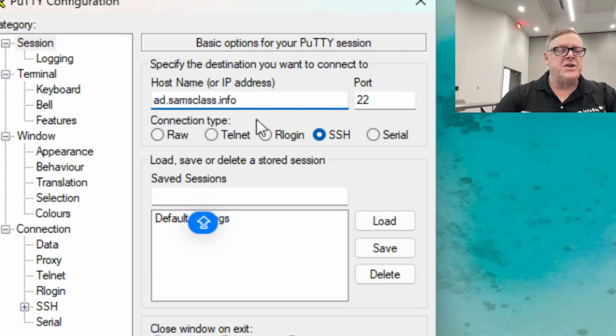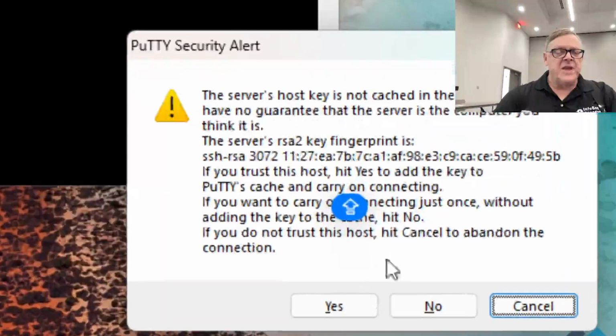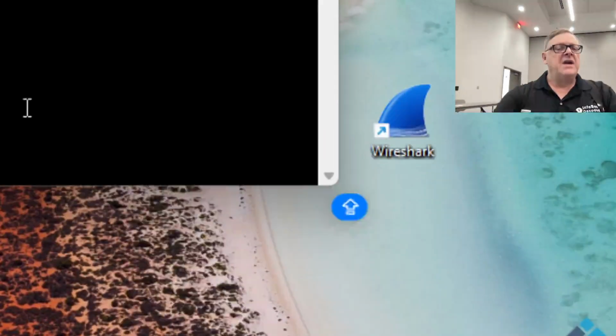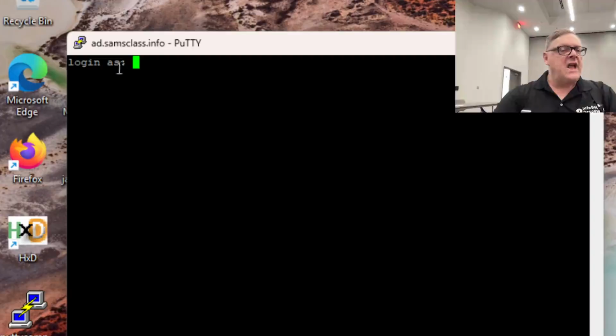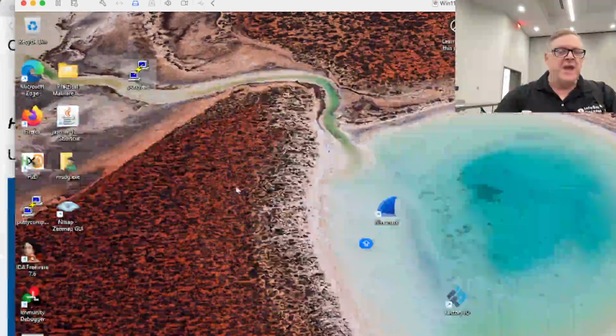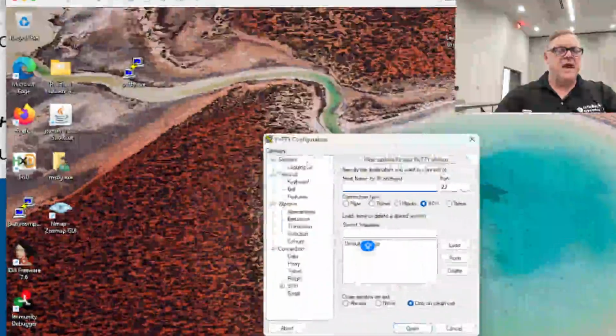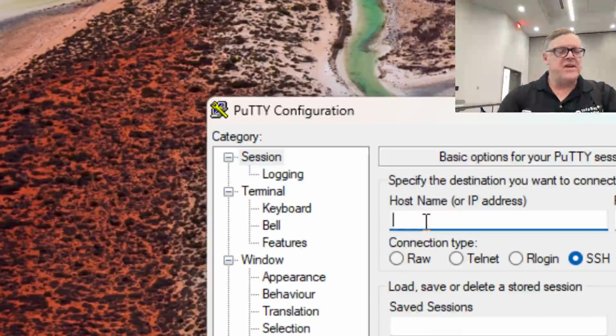You could use samsclass.info just to connect on port 22, and it opens, and then it's going to ask if it's okay to connect, and I say yes. And then it will say log in as, and now I could put in the username and password and get in the server. The interesting thing is the compressed version that's only half as big does exactly the same thing. Here's the compressed version, and you'd never know it. It works exactly the same way